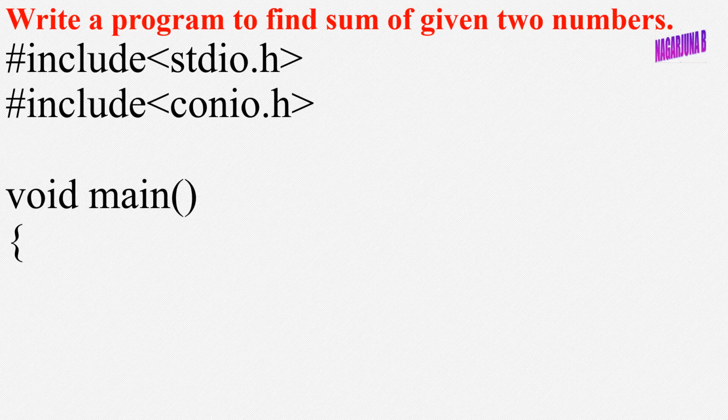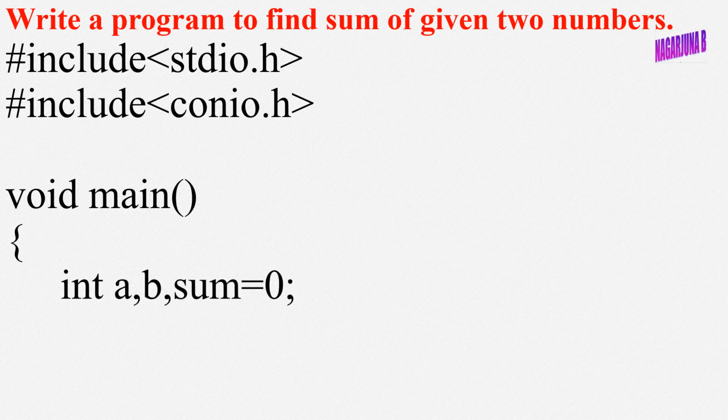Then I need to declare a variable. Since I require three variables, I take all these three variables of type integer. For that purpose, I will declare them as int a, b, sum = 0; Here I am storing the resultant sum of two numbers in a variable sum, and I have initialized this value with 0 because otherwise it will contain some garbage value. It is better to initialize the values of a variable.